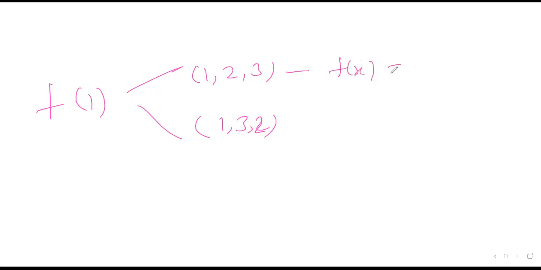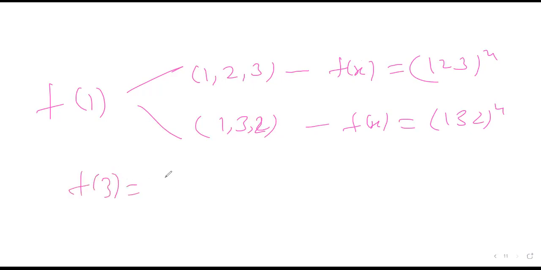Now, similarly, F1 can have order 3, and we have 2 elements of order 3, (1 2 3) and (1 3 2). Only these are the elements of order 3. So similarly, we will get F(x) is equal to (1 2 3) to the power x. Similarly, we will get F(x) is equal to (1 3 2) to the power x. These 2 permutations, right? F(3) is equal to (1 2 3) to the power 3, because this has order 3. You can check for F(2) also, multiply and check. You can find F(1), F(2), F(3), F(4) just by multiplying.